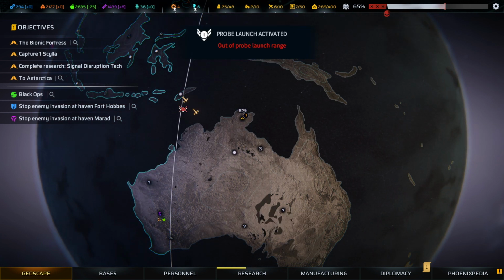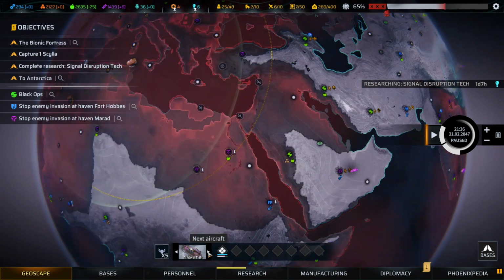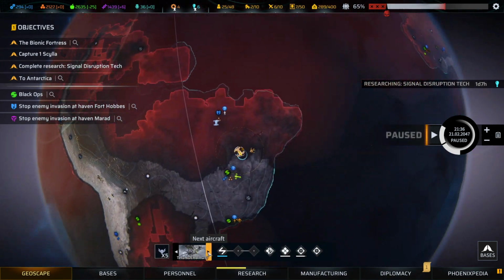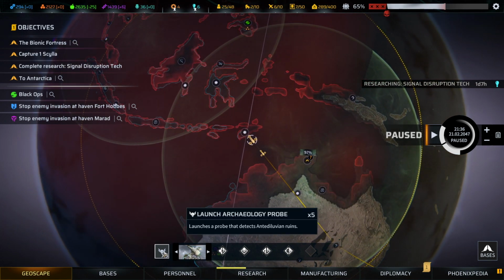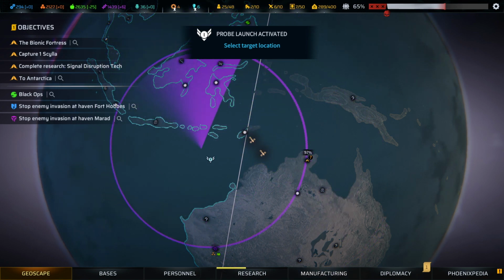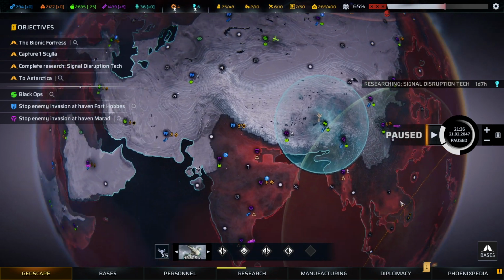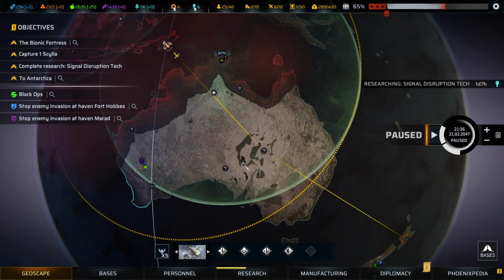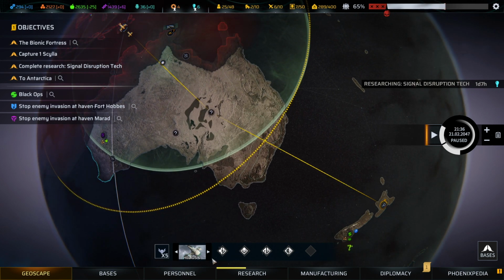We're out of probe launch range, so we're going to have to be over in a different part of the map, I think. Wait, how does it work? Since I have the Helios chosen, can I lay him down over here now? Yes. And some of my probes are very far, so we might as well just lay a couple probes down here just to make sure